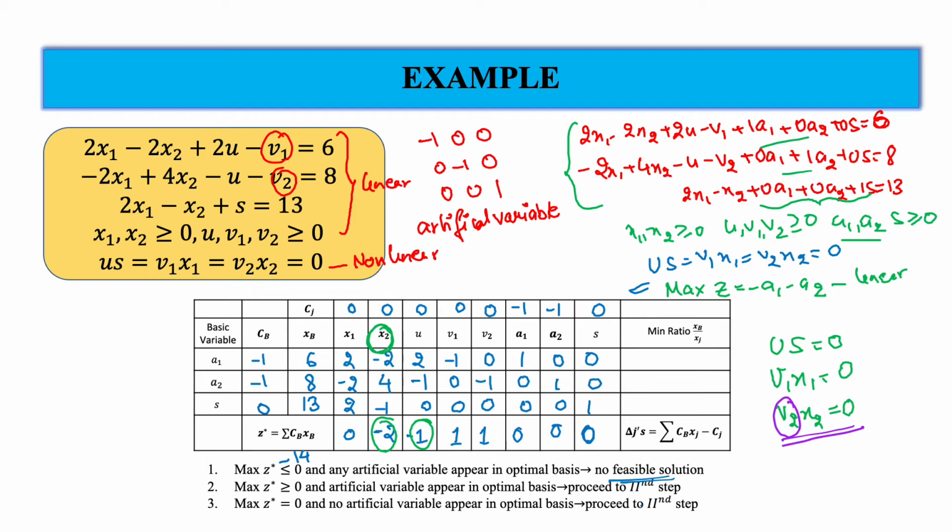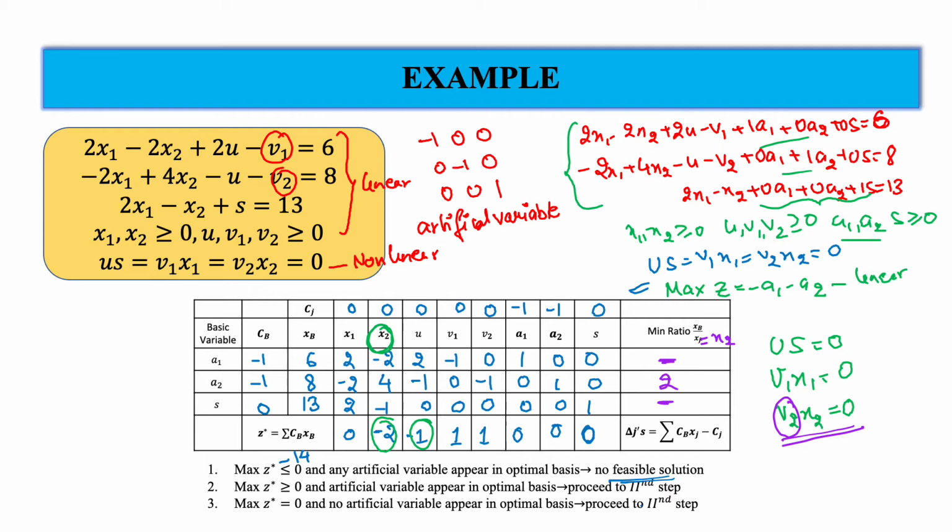So we can enter this variable x2 and check the leaving variable by the minimum ratio. So this is our entering variable, xj is x2, so xb divided by x2 is, this will become negative. As we have seen in two phase, negative we will ignore. Okay, 8 by 4 is 2, then 13 by -1 is again negative, we will ignore that. So what is the minimum ratio over here? The minimum ratio is 2 itself, the minimum positive ratio.